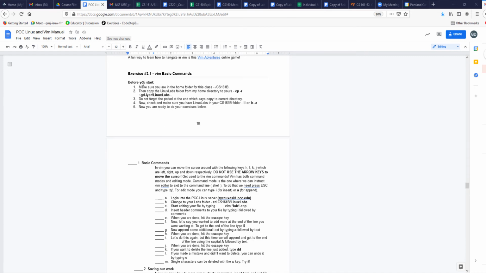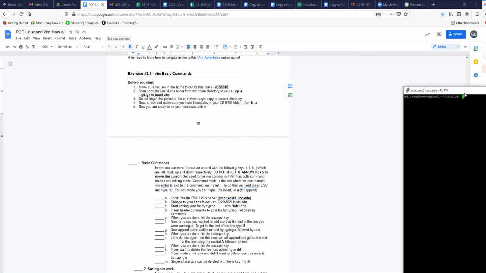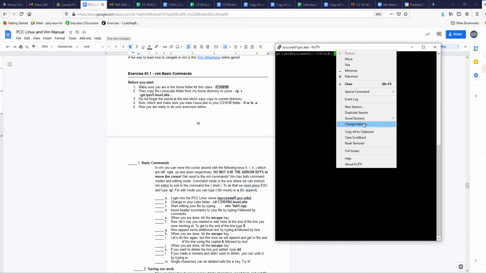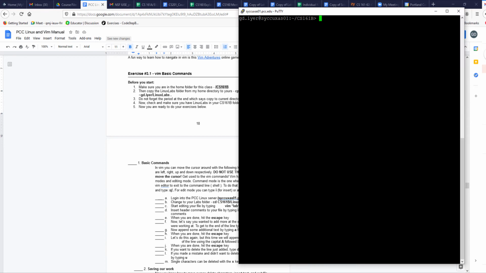So the first part says before you start, make sure you're in the home folder for the class. So make sure you are in your home CS161B or whatever you called your home folder. Then you're going to copy the Linux Labs folder from my home directory. So if you are in your folder here, what you want to do is make sure you're in your current 161B folder, and then you want to copy